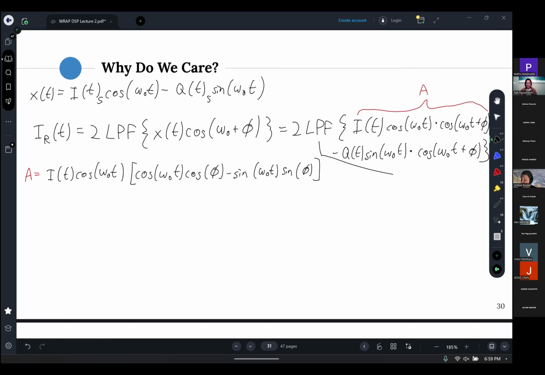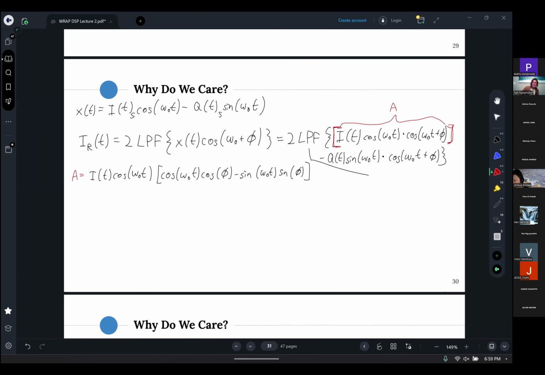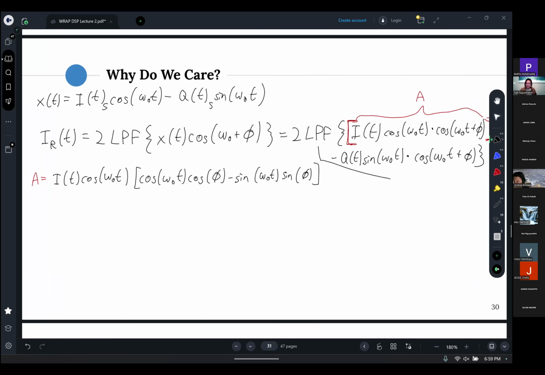Sorry, is A just the I of t portion, or does it also include the Q of t? Oh, sorry. A is just this. Yeah, just the I of t portion. Just so I can break it up. I'm not going to do this whole derivation because we'll see that it simplifies pretty quickly. But to break this up, I broke up the cosine of omega t plus the phase offset